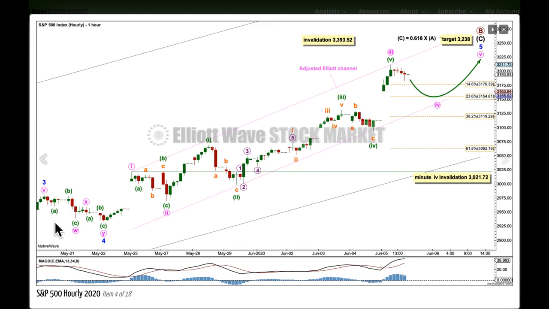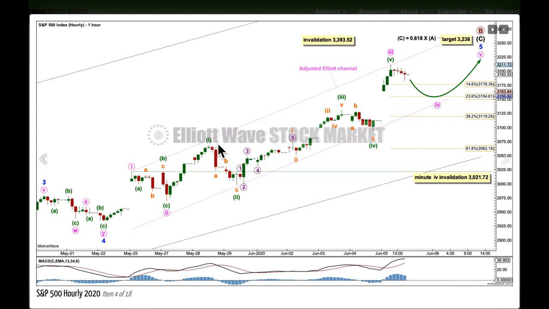At the hourly chart level, I'm looking now at the end of intermediate C. We have 3, 4, and an extended fifth wave. I'm still going to label it like this because it still mostly fits with MACD. From here on upward, it looks like an impulse, maybe nearing completion. 1, 2, 3, 4, 5.